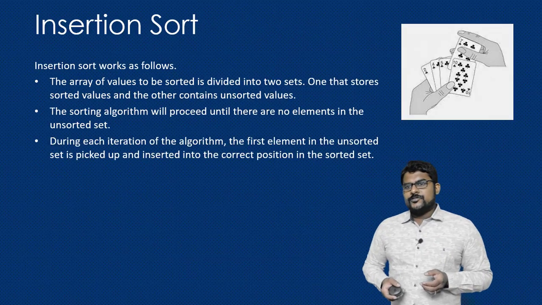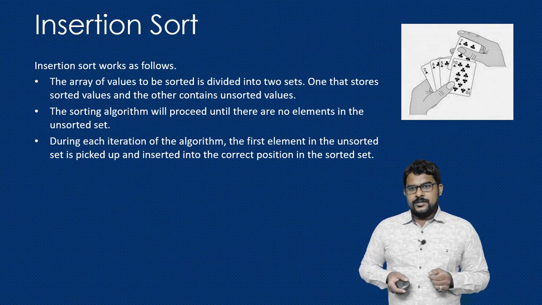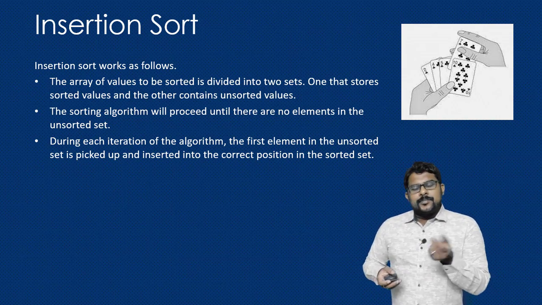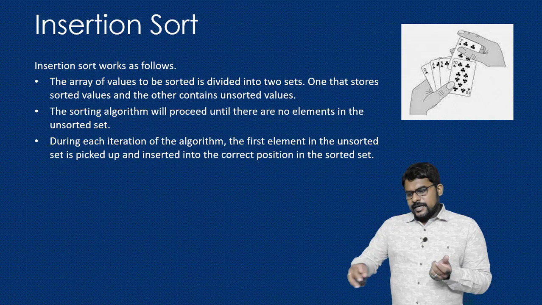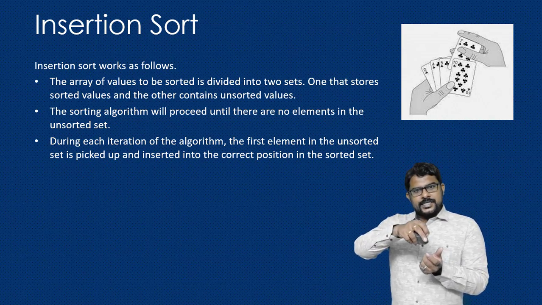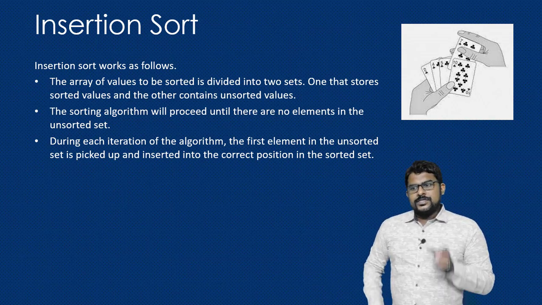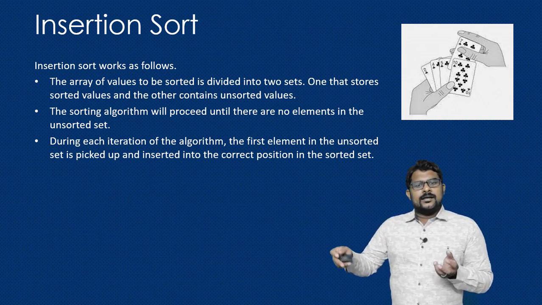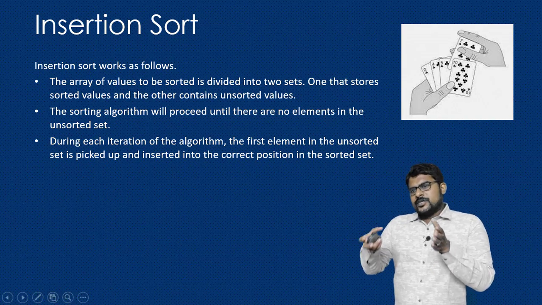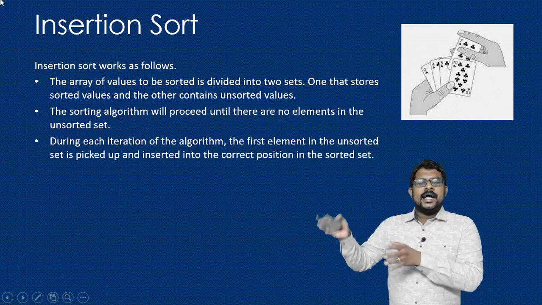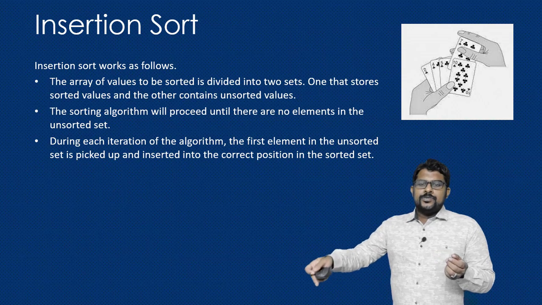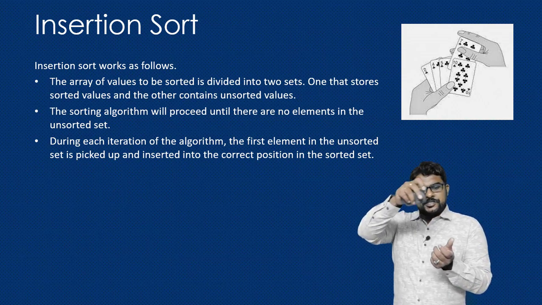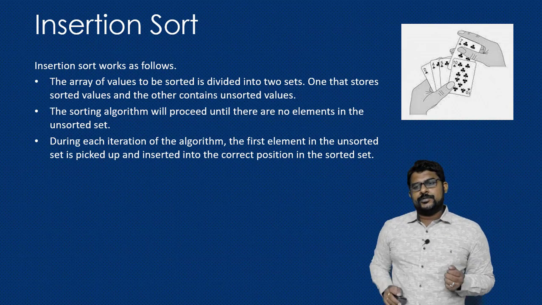The third sorting algorithm which we are going to see here is the insertion sort. Basically insertion sort works on the principle of playing cards. In playing cards, every time you pick a card and insert it in the appropriate position. Here also, every time you pick an element from the unsorted list. So here we are going to partition the data into a sorted and an unsorted list. Every time you pick an element from the unsorted list and insert it into the sorted list in the appropriate position.